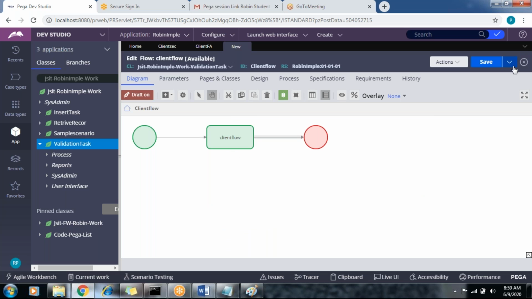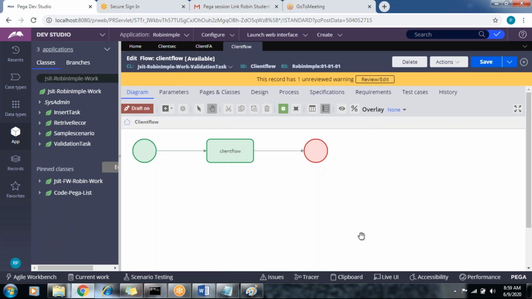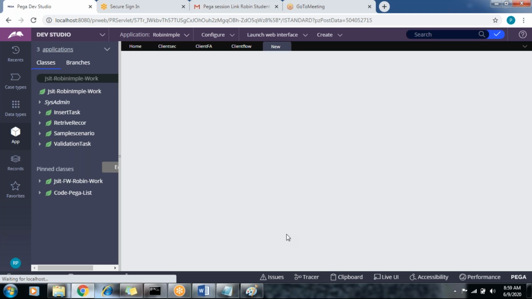One submit, then save. That's all. The main intention of this task is how to validate the property. In the next task, we will do server-side validations, applying the actions, and we will write one activity here. So let's check this. Click on run this flow.